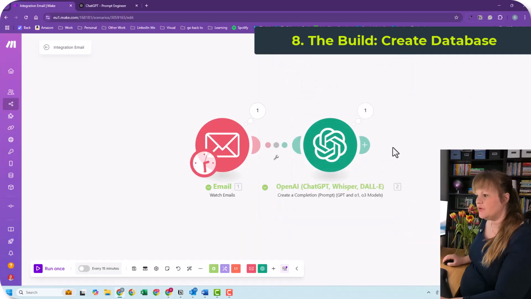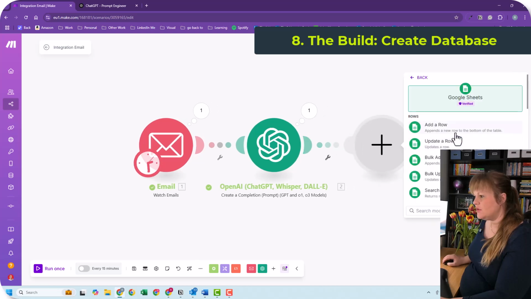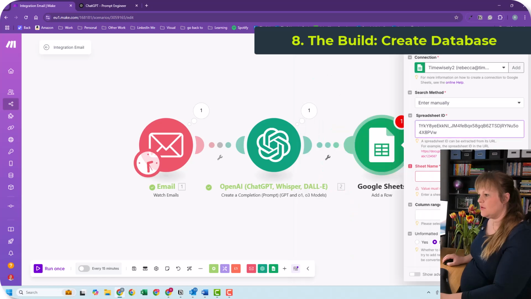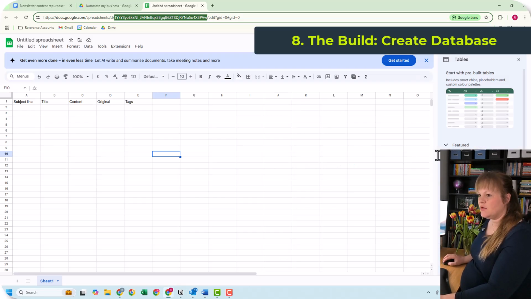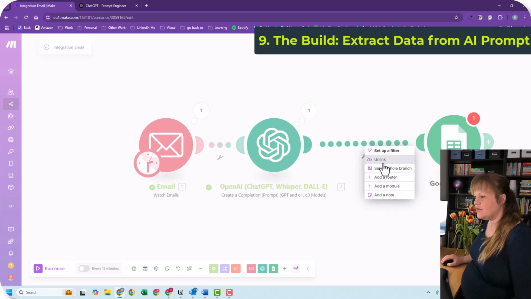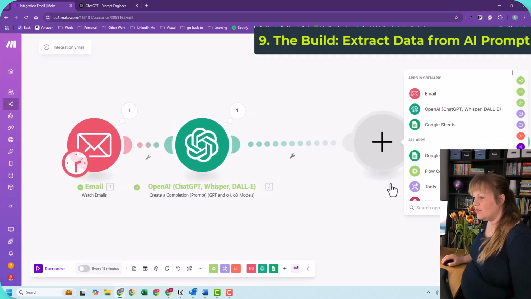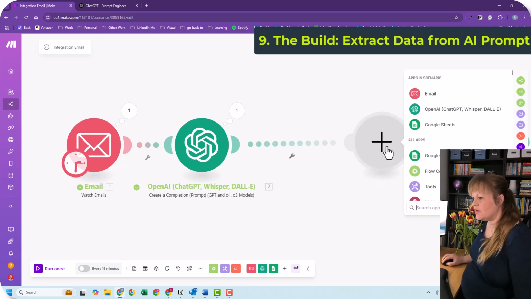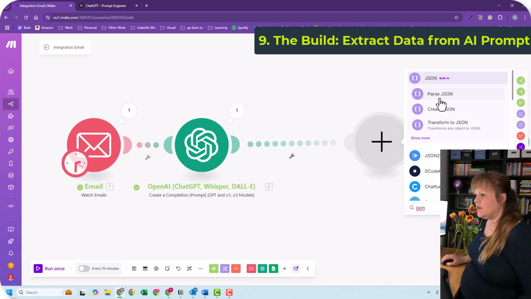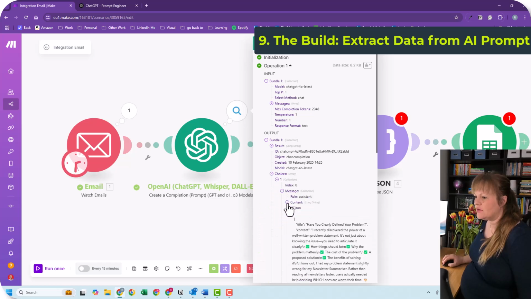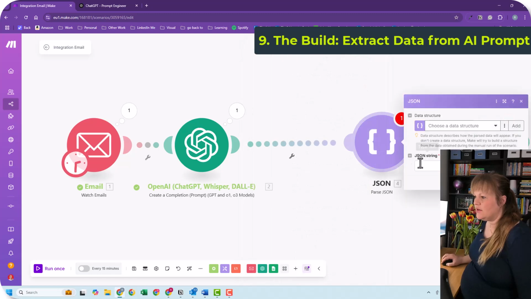Okay, so next I want to add it to a Google Sheet. So I want to add a row, and let's link this all up. Title, content, original, tags. And I've forgotten that I need to get the data back out again. So, okay, wait a second. We need to add a module. What's it called? JSON. It's not that. Here we go, parse JSON. So I need to take the data that it's produced here as a string of JSON, and I need to